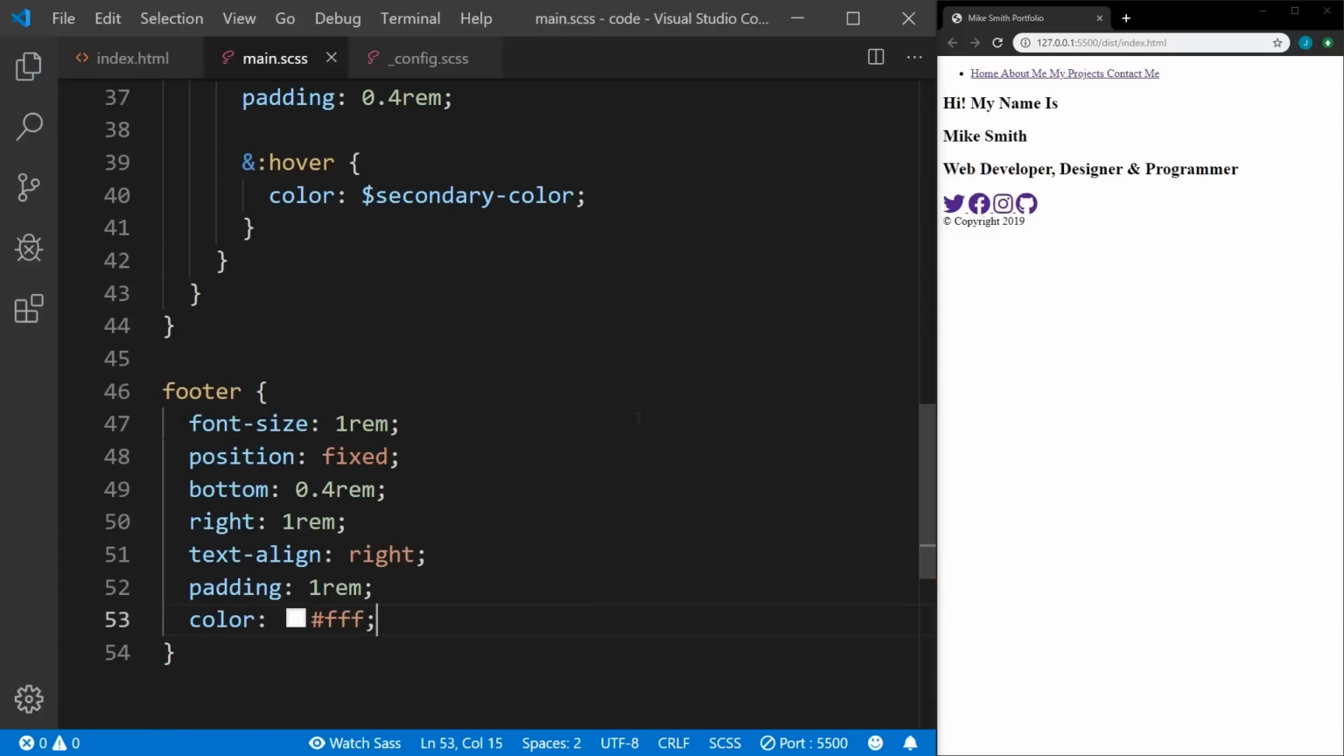So before we save this and load it, we actually have to initialize our Sass extension. So we're running the live Sass compiler extension. So what we'll do is we'll hit watch Sass. If you don't have VS Code set up, I've got a video with the web dev setup where we walk through the installation of these extensions. Hit watch Sass,